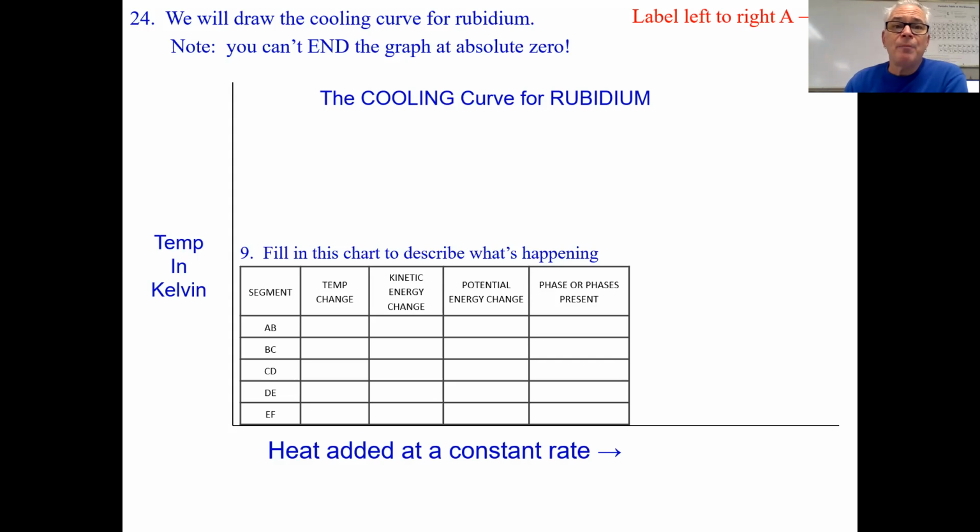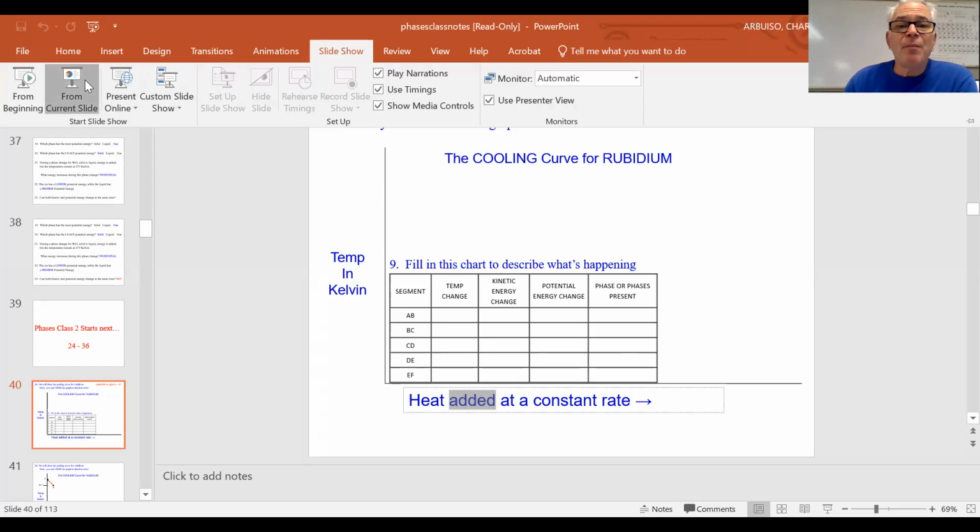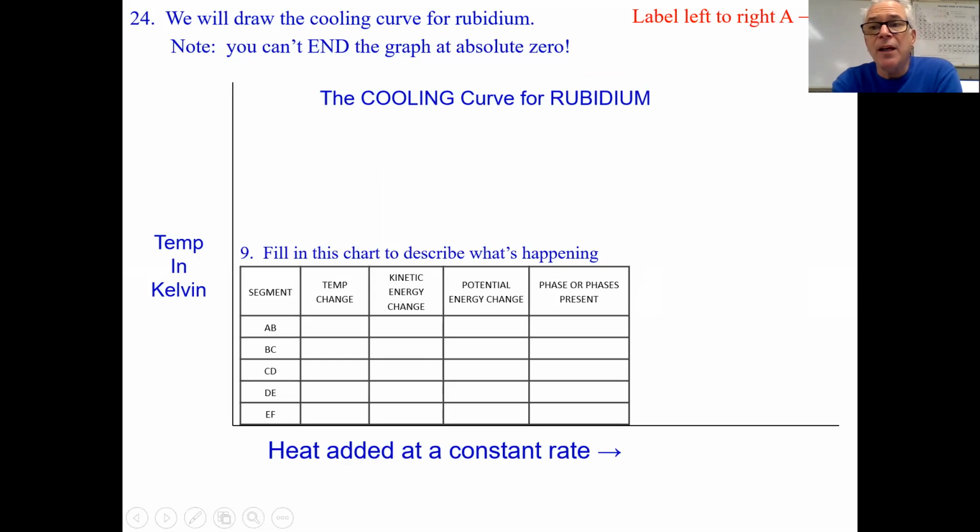Now, across the bottom, there's a mistake. I'm going to fix that right now. Heat has to be removed. I can't actually fix it on this particular computer. I'm sorry, but that word has to be heat is removed at a constant rate. Apologize for that. We're going to label the dots in the segments A, B, C, D, E, F, and